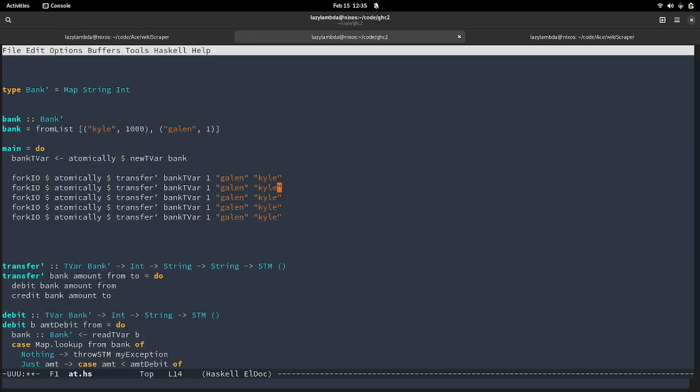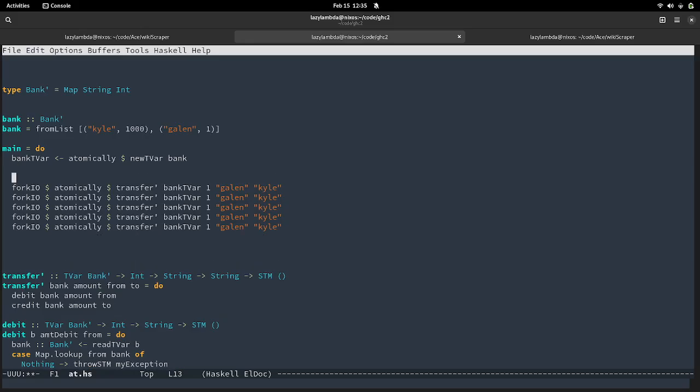So let's say, for example, I tried transferring $1 to Kyle 5 times over. This is actually technically how it would work, because let's say this is a web server. The master program of the web server is going to take my request and fork a thread to process that request. All it's going to be doing here is saying transfer 1 from Galen to Kyle.